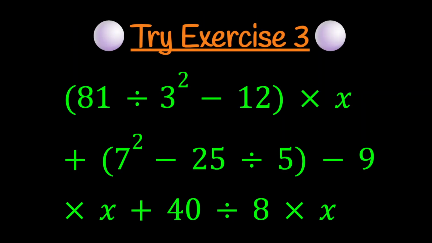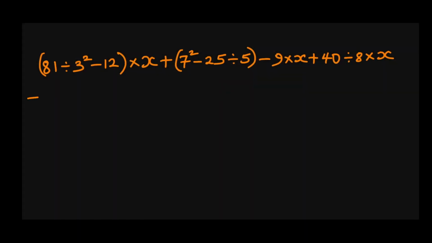For this third try exercise, looking at it, we'll start with the brackets based on the order of operations, or the parentheses as those in the US prefer to call it, PEMDAS. And while we are doing that, we also apply the order of operations even inside the brackets. So this gives us, in this first bracket, we have the power 3 raised to power 2, and we have the divided by. So we are going to change the divided by to multiplication and then solve the power. In the second bracket, we will do the same thing. We'll solve the power and then we'll change the divided by to multiplication.